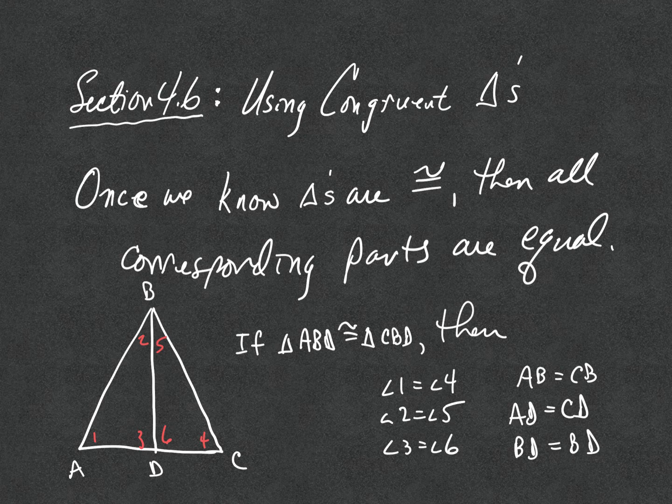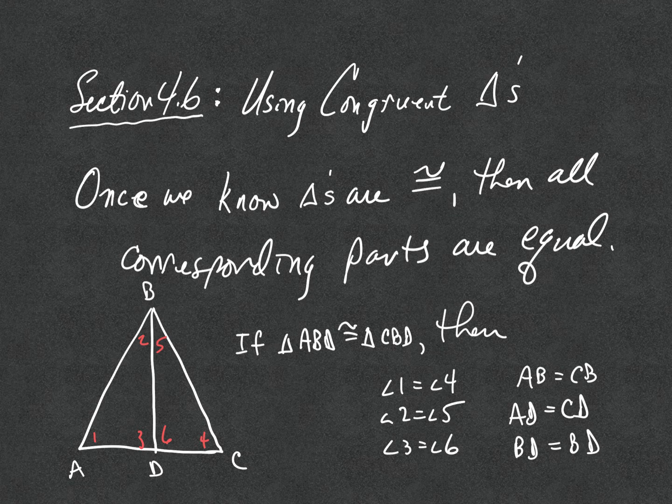What we're going to get started on today is the first part of section 4.6. We spent the last couple of weeks talking about ways in which we can find two triangles are congruent to each other. We've got a list of 4 shortcuts, and I'll ask you to review those in just a few minutes. But the whole idea, again, the reason why we're going through this logical process is we're trying to